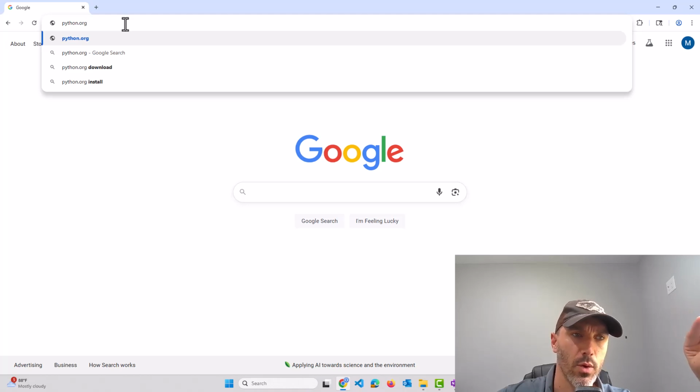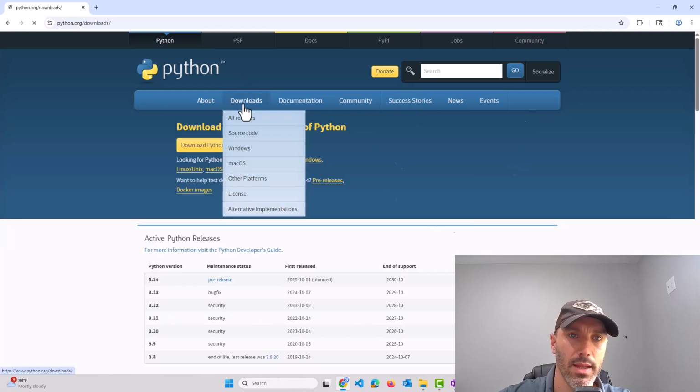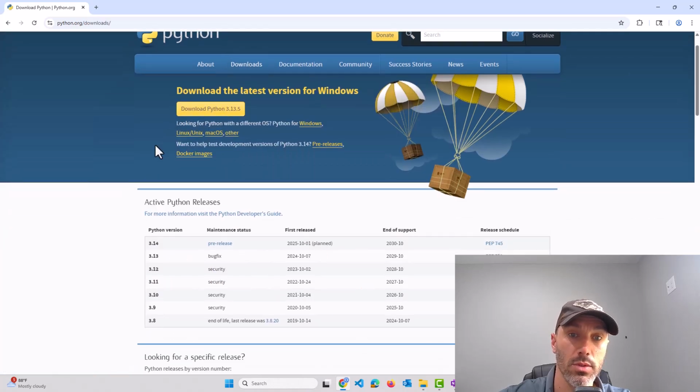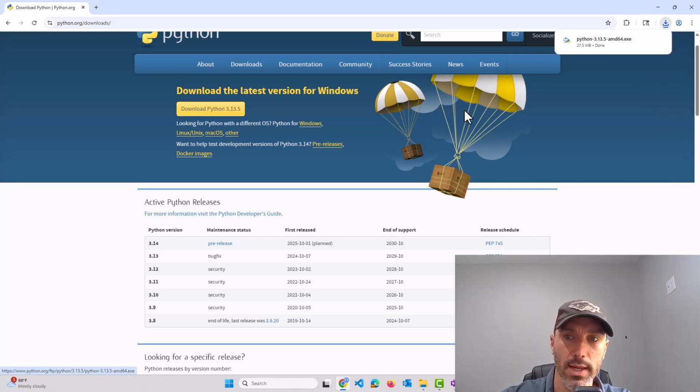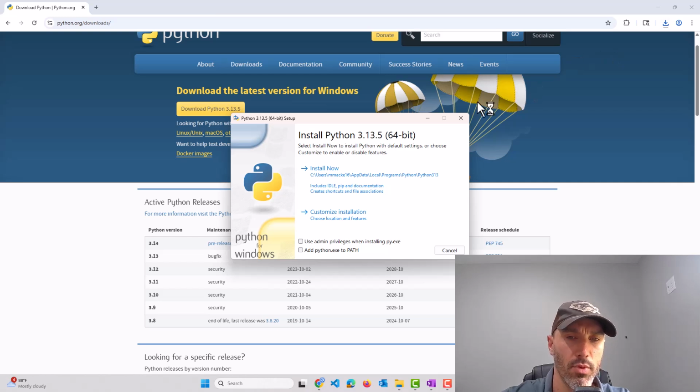All right, start off by going to python.org. Click that link in the nav bar for downloads, and then hit the big yellow button to download the latest version of Python. Once that downloads, up in the top right-click the download, hit open, and then before you hit